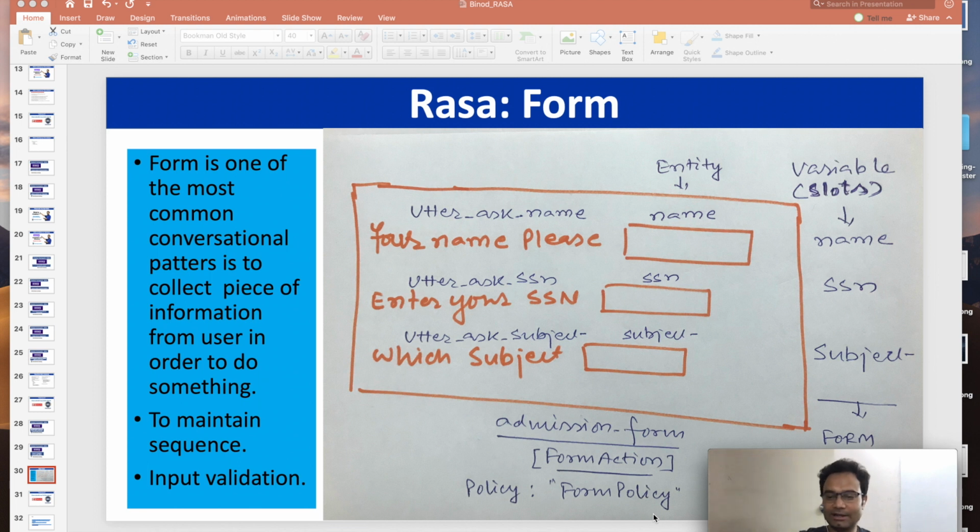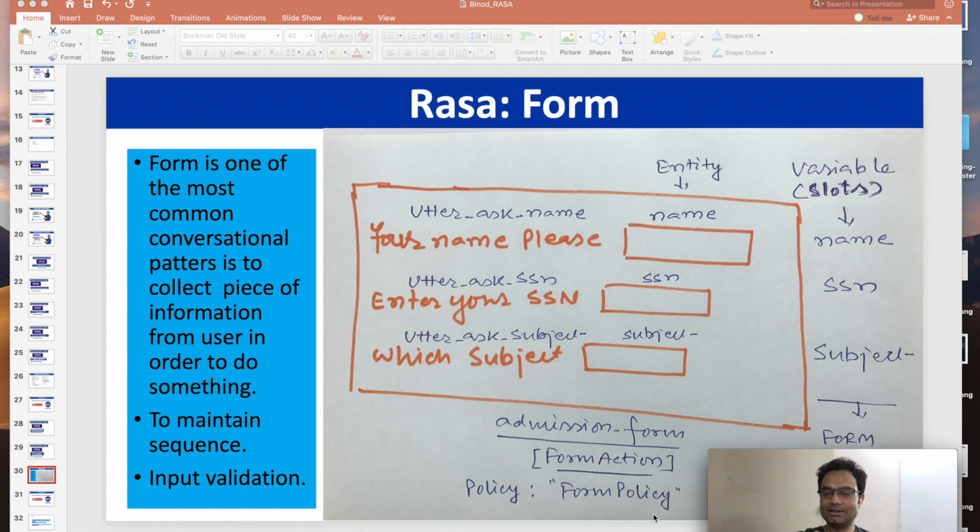Some of them are mandatory, some information must be in sequence, some information you have to give in a particular format, so user input validation is also there. Those kinds of things are there in the traditional as well as the digital form. So how can we achieve the same kind of thing with a Rasa chatbot or any chatbot? Yes, we can achieve the same thing, even though we cannot show the complete form altogether in a chatbot.